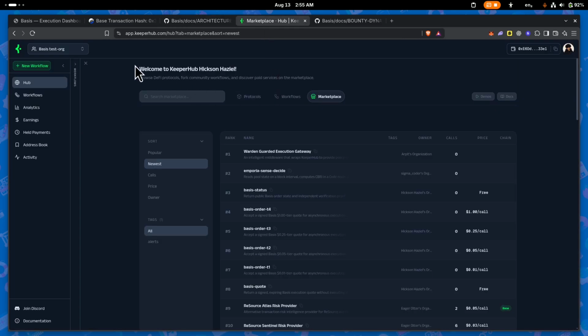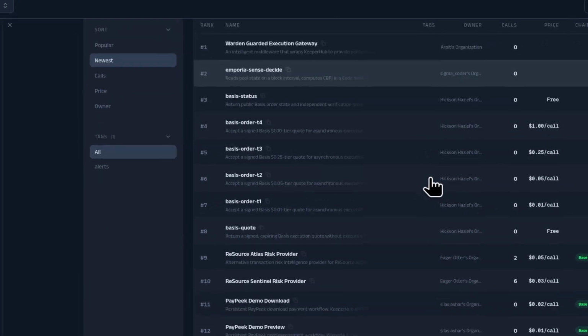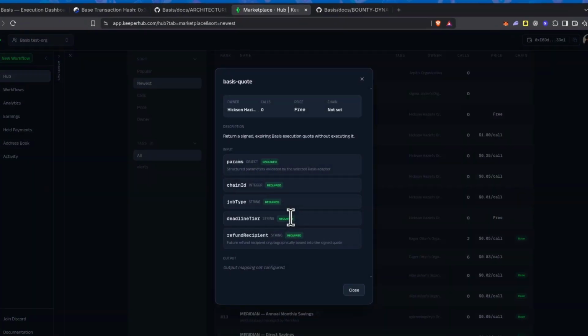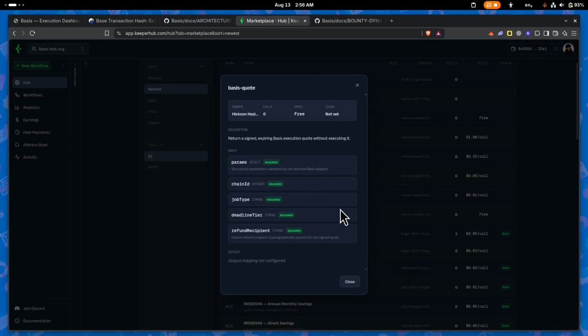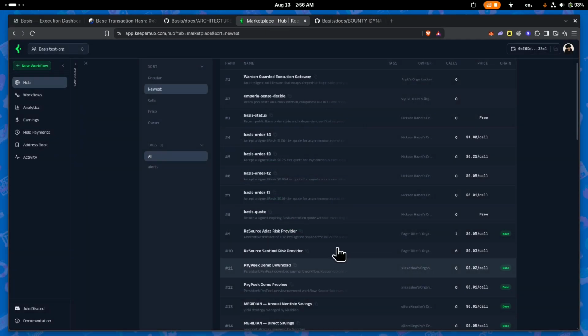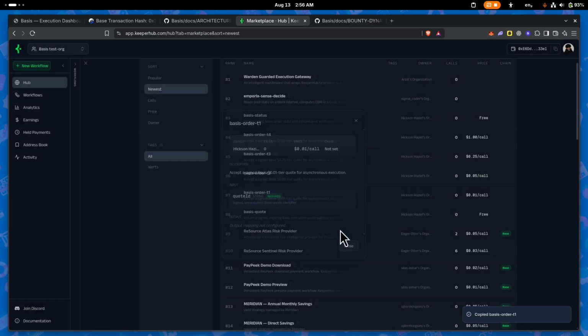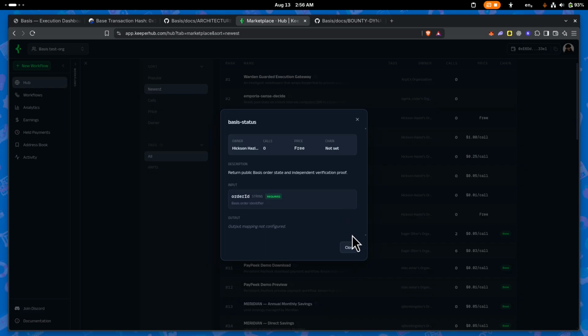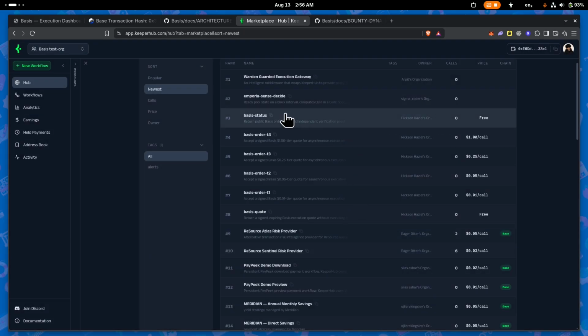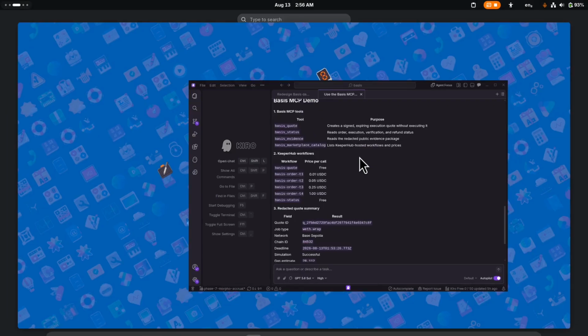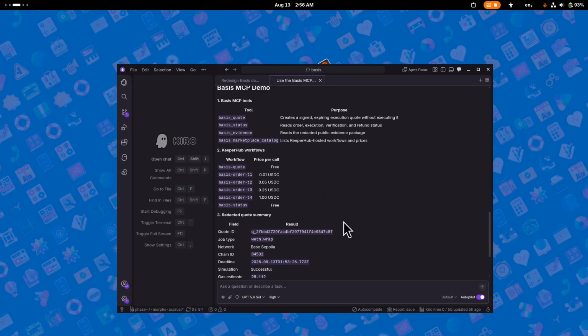And for the marketplace, Basis uses KeeperUp as both storefront and execution provider. The marketplace exposes a free quote workflow, 4 paid order tiers, and status. The 4 fixed tiers are a safe bridge for dynamic execution costs: 1 cent, 5 cents, 25 cents, and $1. Paid workflows accept only an authenticated code ID, never arbitrary target contracts. These are all the codes from Basis order 1 to 4, and we also have the MCP and agents,